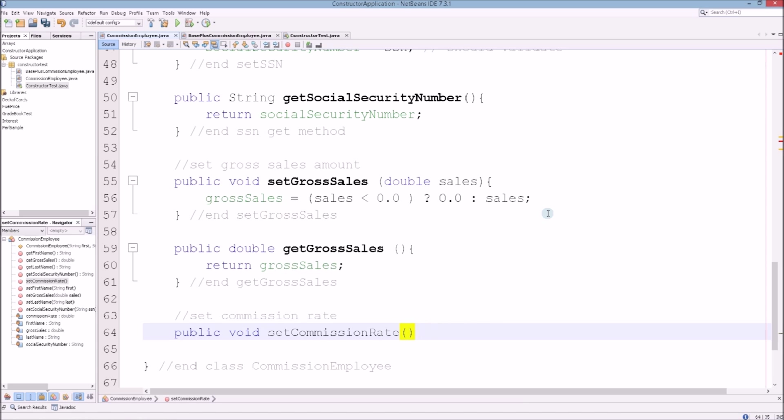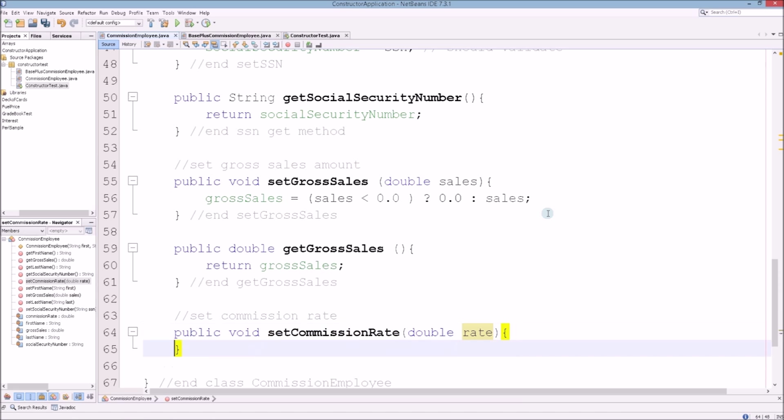Again, double rate. Let me do double because we're not working with integers, we're working with money, and we want specificity up to several decimal points. We're going to use %.2f when we output the data with System.out.printf for formatting. And here we're going to do